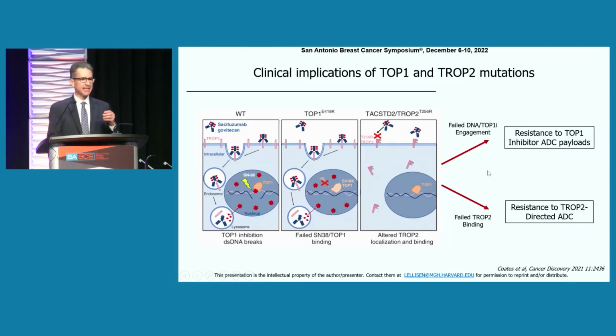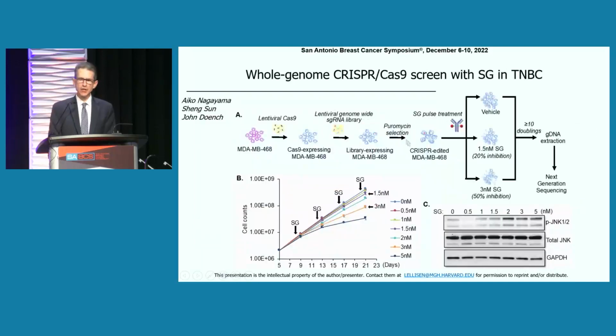And this gets to the idea I'll come to in a moment about perhaps we have to really hit the tumor harder to begin with to prevent such resistance from occurring in the first place. And so that gets to our really systematic look at resistance. And one of the ways we're doing that, as have other groups, is whole genome CRISPR screens.